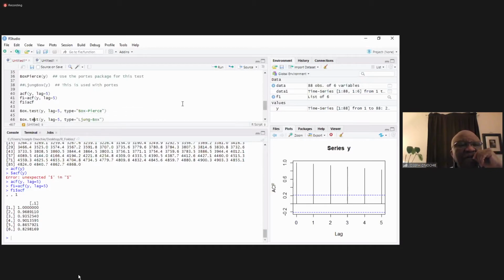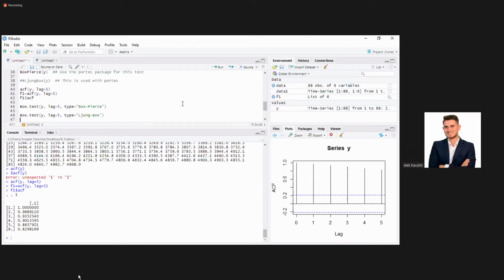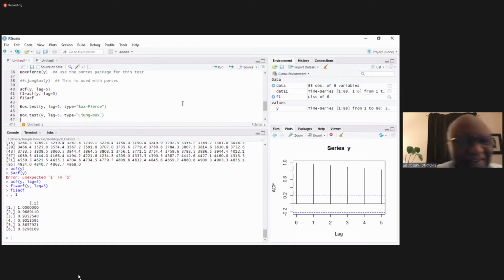What did I call it? The portmanteau test. Yes, that's what I'm going to do. There are 2 types of portmanteau test, Box-Pierce and the Ljung-Box. So let's do the first one. Now look at the syntax, Roxolana. Look at the syntax for